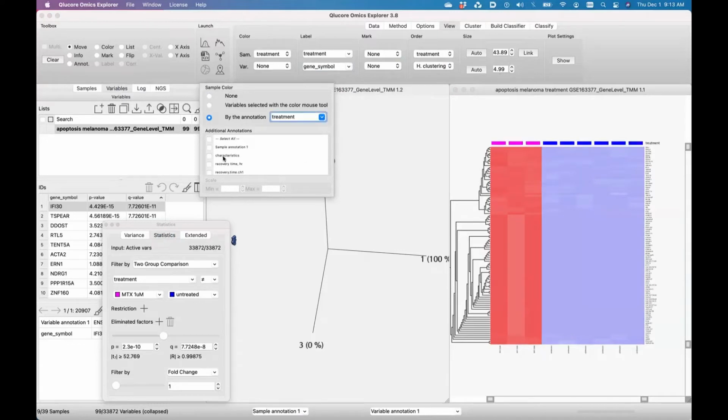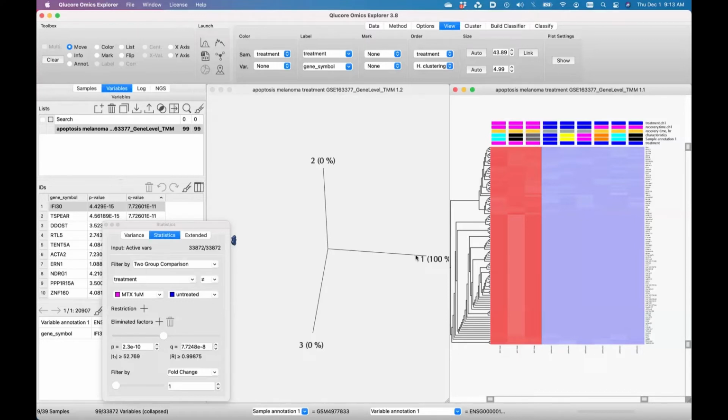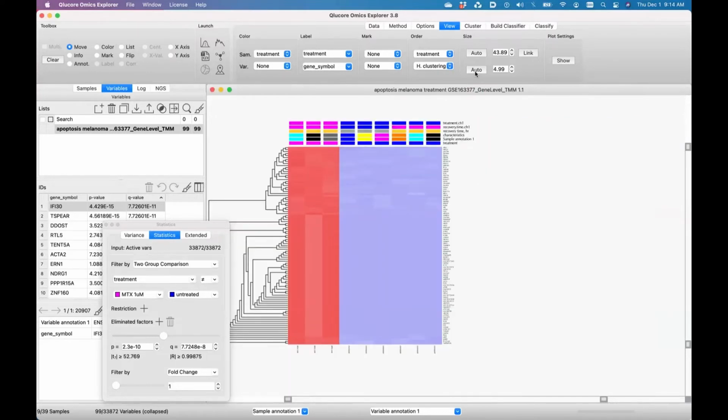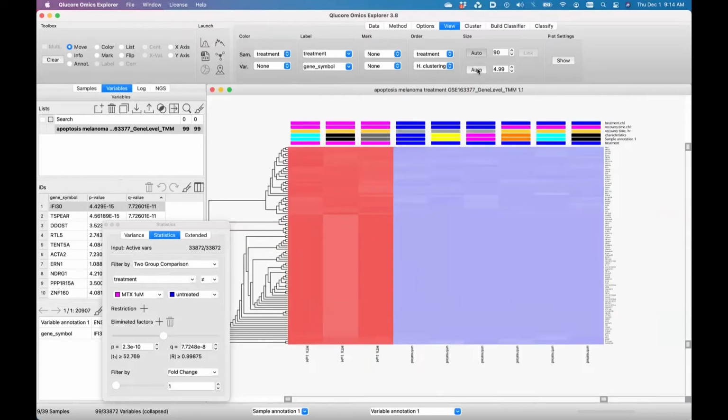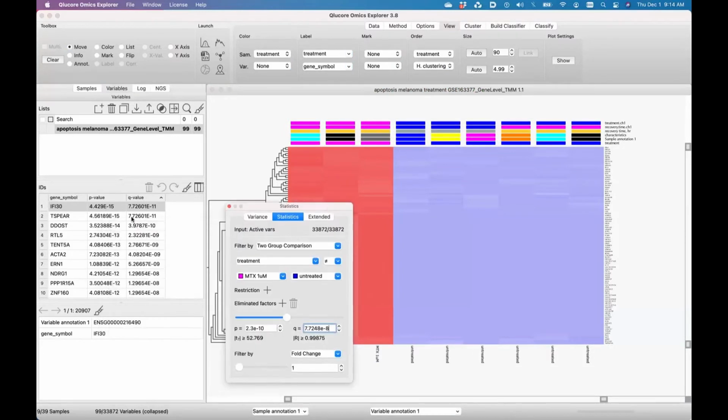I will color by treatment, and you can, of course, add all other sample annotations which you have at any time. So the top 99 differentiating genes are all upregulated in our chemo MTX, I assume. So just zoom in. Yes, so they all are upregulated in our treatment, and this is an early apoptosis stage. Possibly,